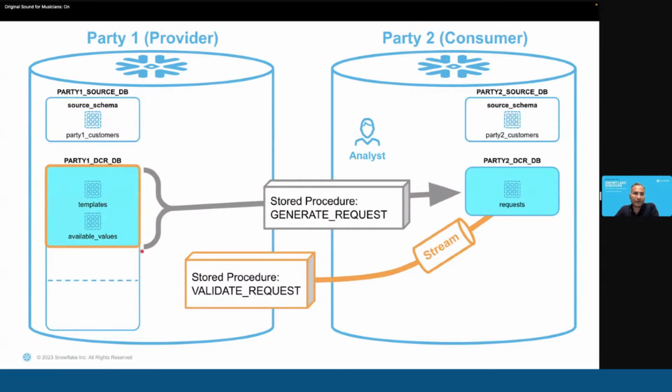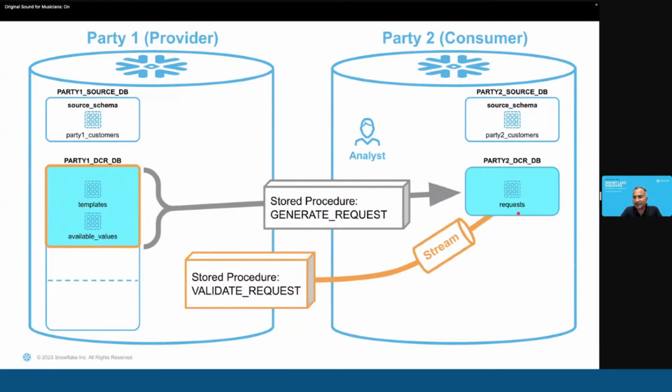Where it will validate, for example, I have a postal code. If my query has only postal code, which matches the template's allowed queries, it will allow. But if I say having salary or gender, which is not in that list, then that validation will obviously fail. So